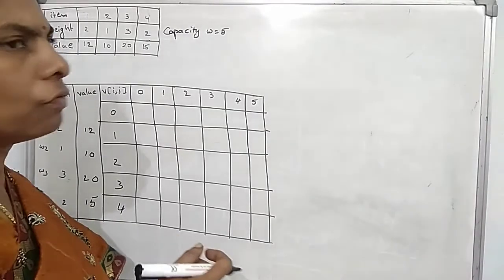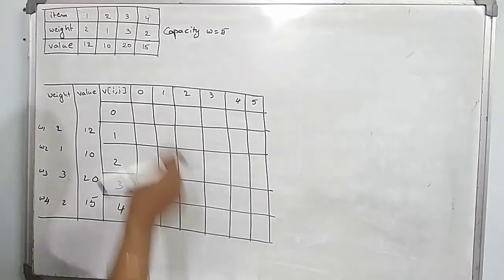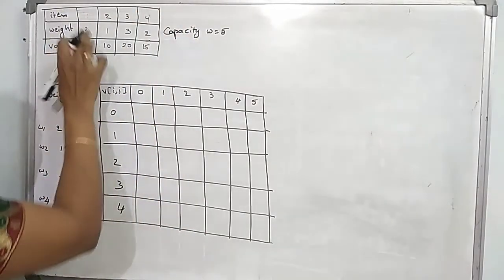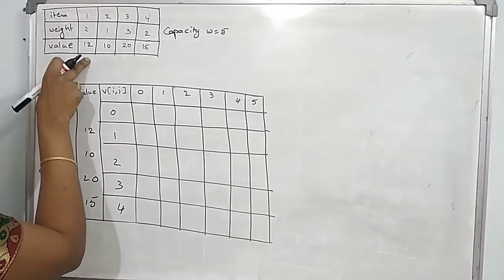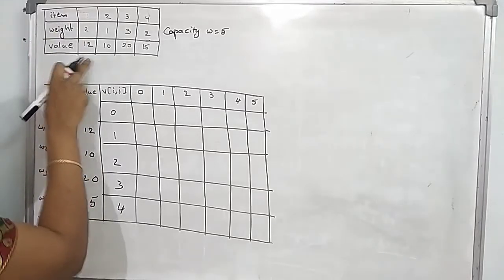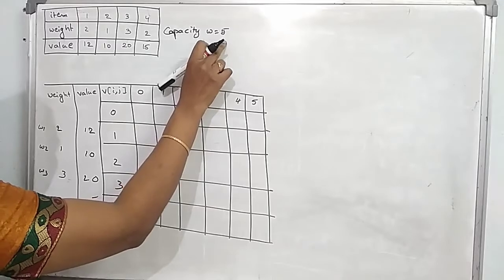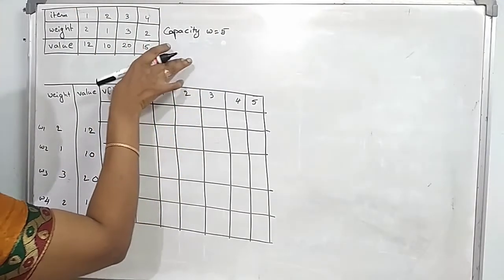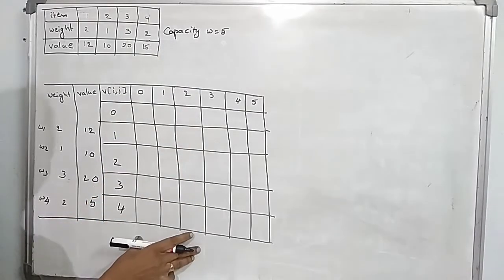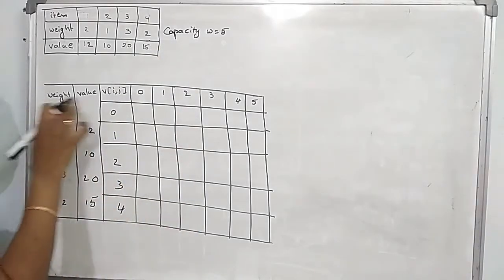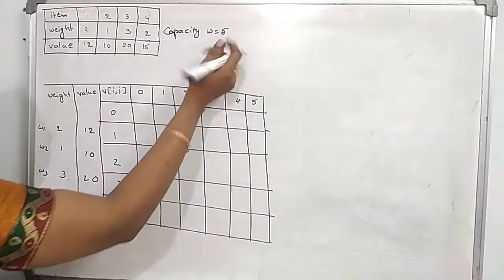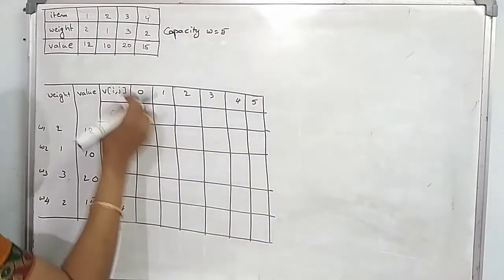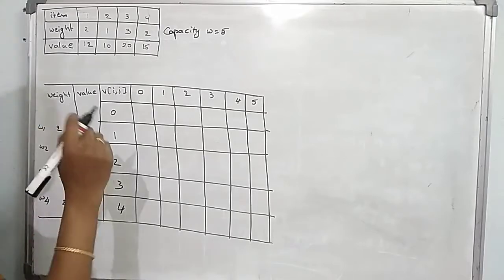So this is one example of the knapsack problem. In that we are taking 4 items and each item has some weight and some value. The total capacity of the knapsack is 5. So using this data now we can solve the problem. If you want to solve the problem, first of all you take the table. In the table you take the weight, value and V of i j. In that the capacity is 5, so in that case you can take all the 5 columns. Then you can take the initial values.